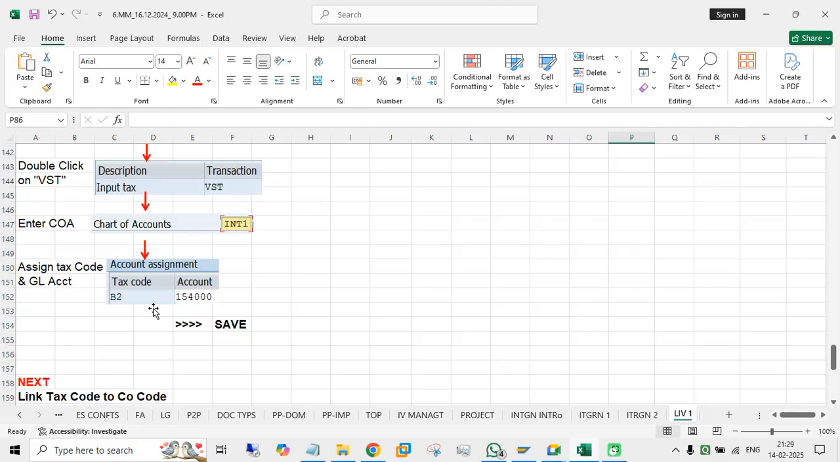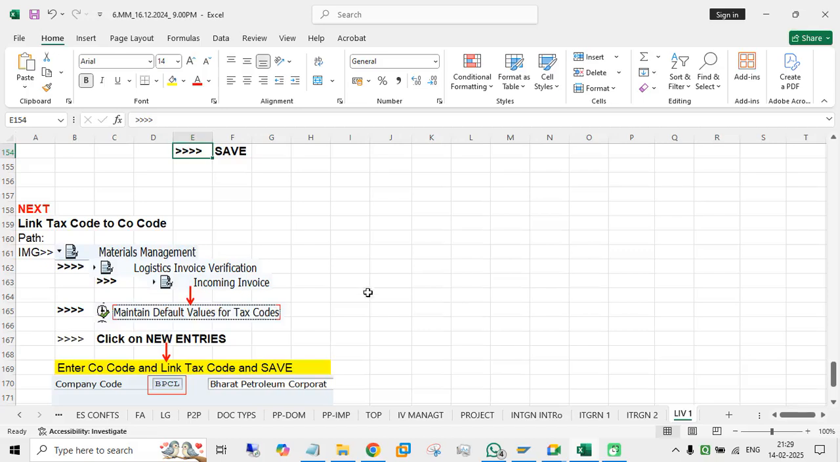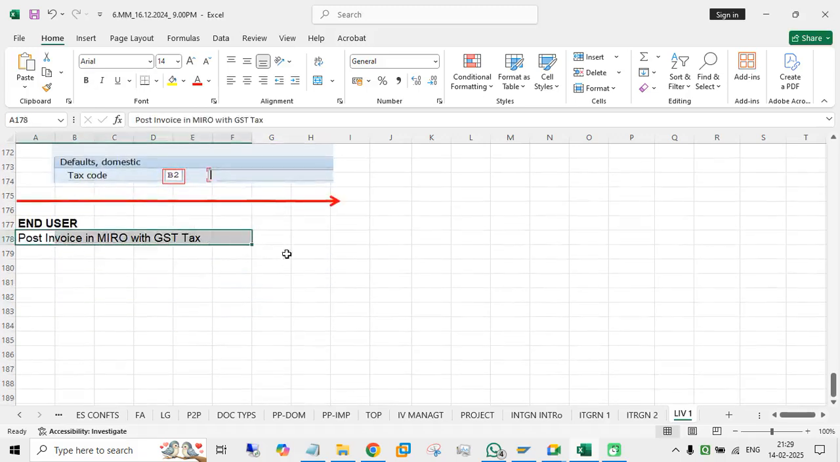Okay, this is the steps part. Then finally, whatever the tax code you have created, you have to come to MM level and link your tax code to your invoice verification process. You have to link the taxes to the invoice verification process, and finally post an invoice in MIRO with GST. If the entry is coming perfectly, your configuration is correct. If error, you have to go back and check again. Okay. Now